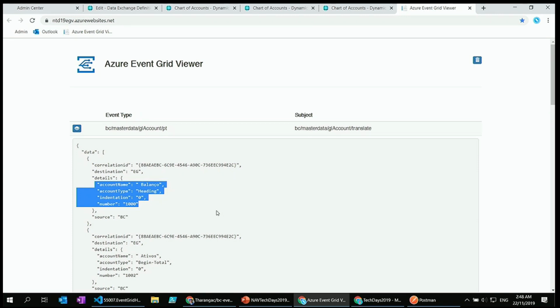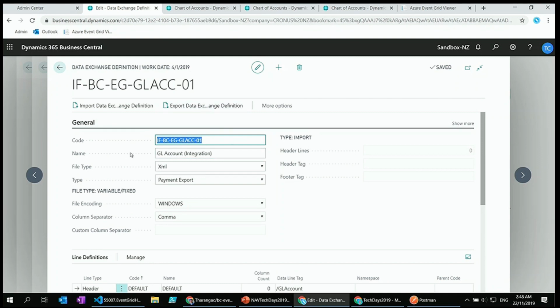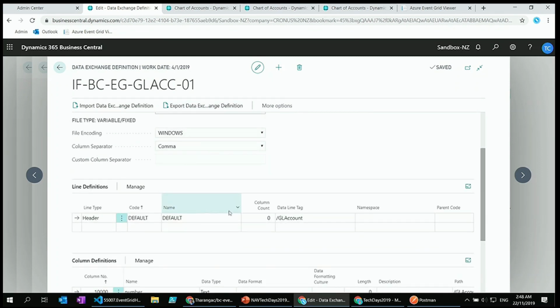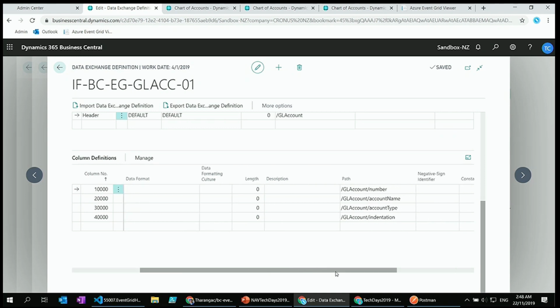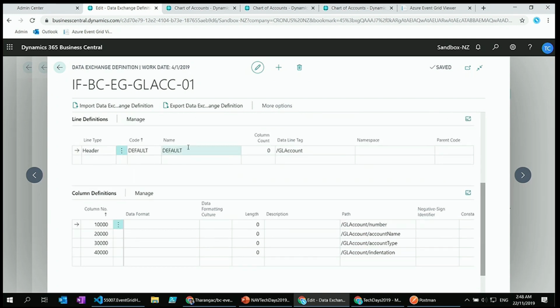What's your preference? Do you like to have it being configured, or do you want to deploy a new version of the extension after modifying the code? So we went with the configuration model. In here we define these are the fields that we need to push to Event Grid. Oh, not the Event Grid actually. In this point of the data exchange, it's about exporting the data set out in a JSON format. We said these are the fields that we want to export. And then we said